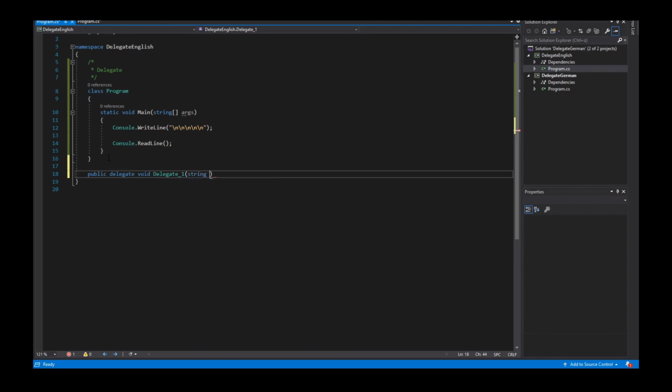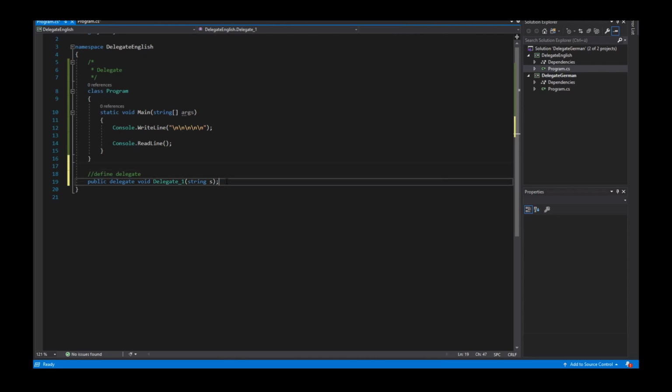I take here string s. So this is my defined delegate. So I comment this, define delegate,